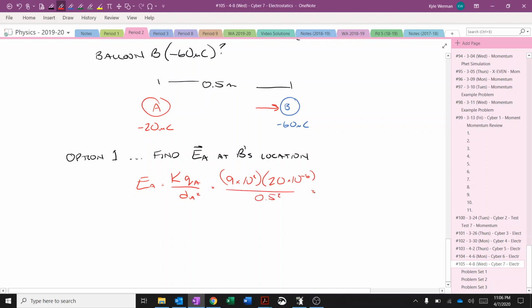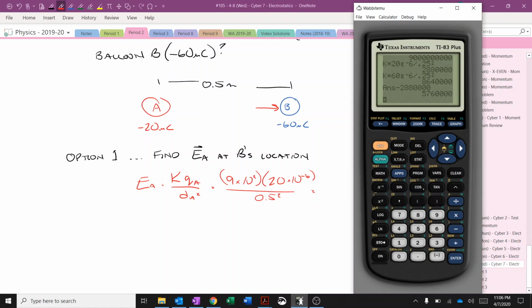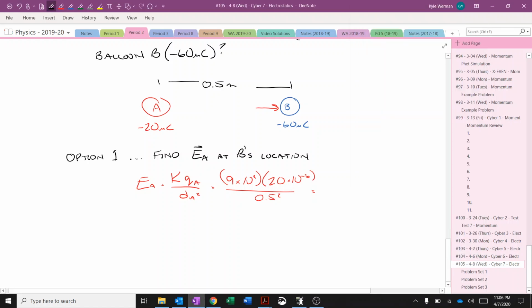And we square that. And if I pull out my calculator, 9 E 9 times 20 E to the negative 6 and divided by 0.5 squared. Again, it's the full distance now. And I get 720,000 newtons per coulomb. Well, then the force is just going to be the charge of B times the field that it's in. It's in A's field, which would just be